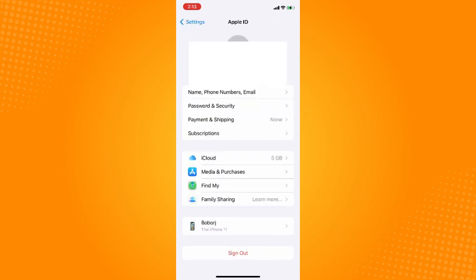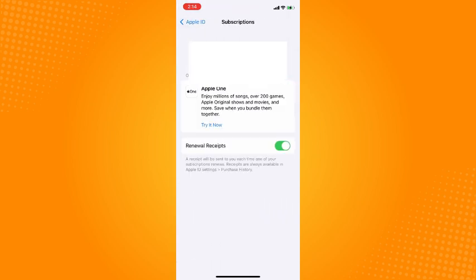So you will see your name, phone numbers, email option, your password and security option, your payment and shipping, and of course your subscriptions. Now here, if you tap on subscriptions, you have to just wait. Basically, you will see all your subscriptions here and your expired subscriptions. Now you will see the subscription section there, and if you see a Dropbox subscription, so all you have